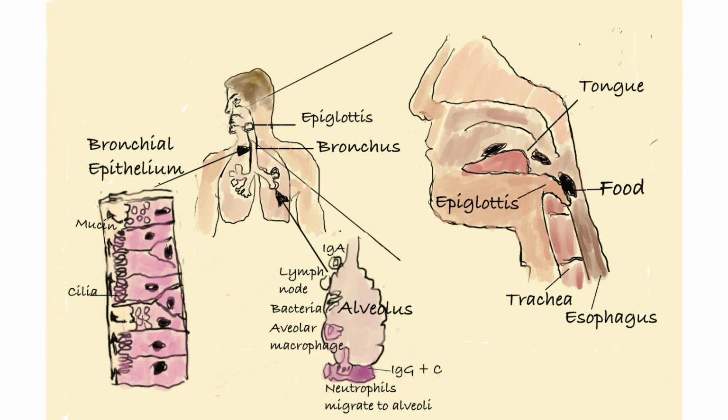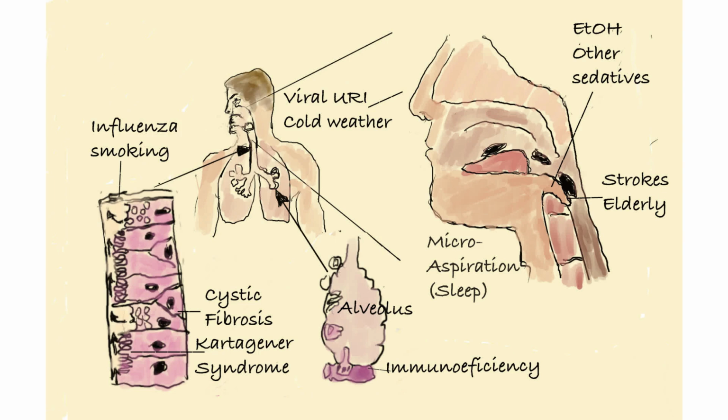If bacteria manage to bypass all of these protective mechanisms and reach the alveoli, macrophages and neutrophils combined with immunoglobulins and complement can ingest and kill these invading pathogens. Given these robust defenses, why is pneumonia so common? When acquiring a history, it is important to keep in mind specific risk factors that increase the likelihood of aspirating